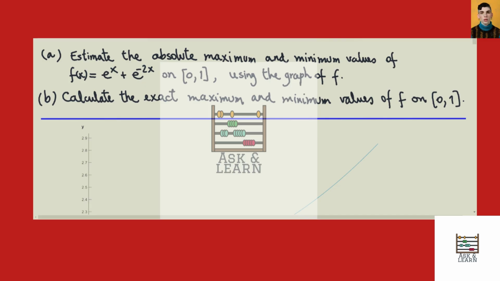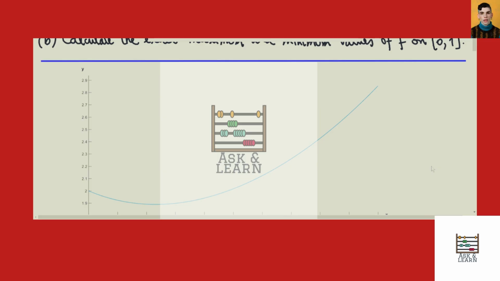In part A, we want to estimate the absolute maximum and minimum values of the function e^x + e^(-2x) on the closed interval [0, 1], using the graph of the function. And in part B, we calculate the exact maximum and minimum values of f on the interval [0, 1]. So this is the graph